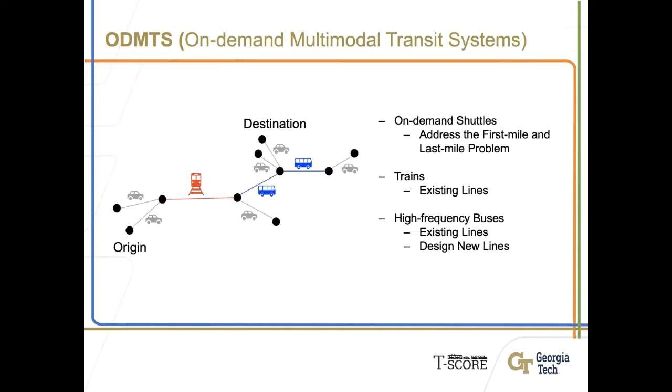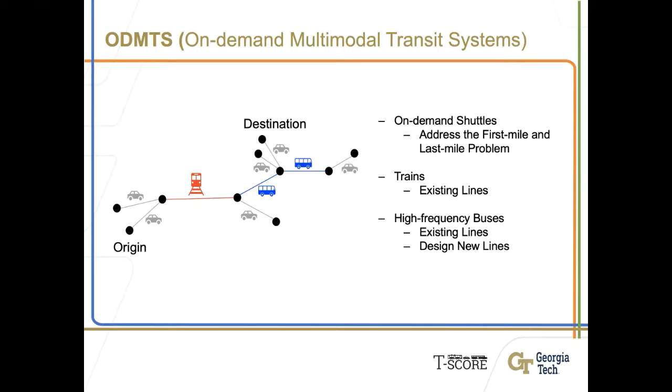I can give you an example using the picture on the left. Suppose you start your trip from the origin. There will be a shuttle waiting for you in front of the door, pick you up, and deliver you to a nearby train station or bus stop. Then you spend most of your travel time on the trains or the buses. After you get off the buses, there will be another shuttle waiting for you, picking you up and delivering you to the exact destination. So by doing this, the riders do not need to walk their first mile or last